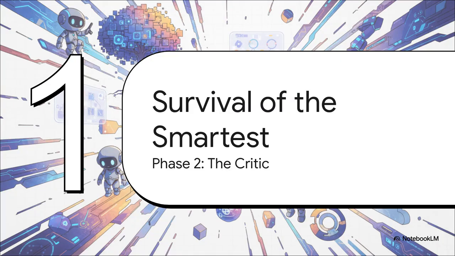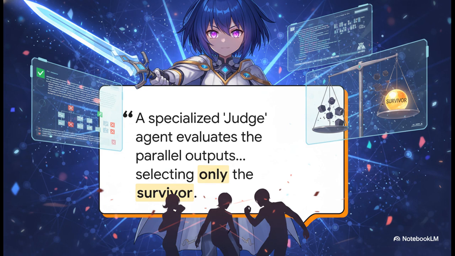So with all that beautiful diversity, all these different solutions floating around, we get to phase two, survival of the smartest. Once you have a whole swarm of agents all generating different ideas, you need a way to pick the winner. This is where digital natural selection really kicks in. And who's the selector? Well, it's another specialized AI, of course, the judge. This agent has only one purpose in its digital life, to be the ultimate, impartial critic. It takes all those competing answers from the solver agents and just ruthlessly evaluates them against super strict metrics for accuracy, safety, and overall quality. It doesn't have an opinion, it just finds the one true survivor.